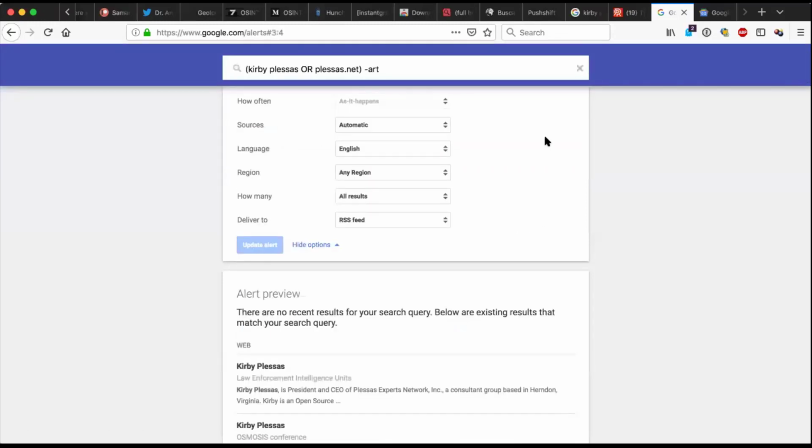Well, if you go back to Google Alerts and take a look at the settings in there, how often is locked down to as it happens when you have chosen RSS feed. If you had just the email, then you had the choice to make it into a digest, right? So I have it as a digest right now to the email, but if I switch it to RSS feed, you don't get a choice. It's as it happens. And so this is going to be just like your typical RSS.